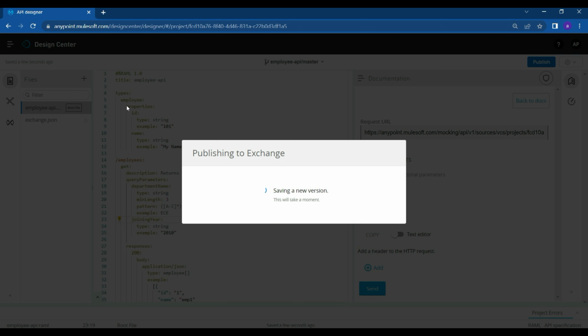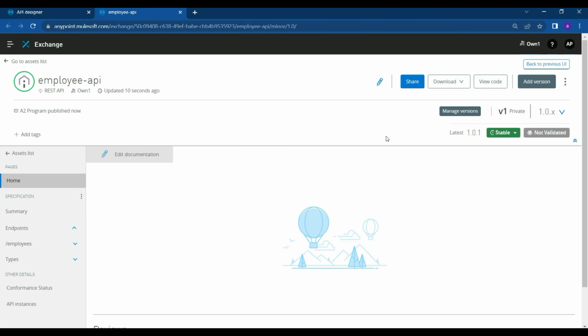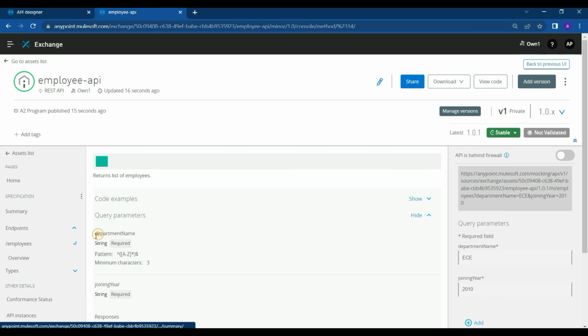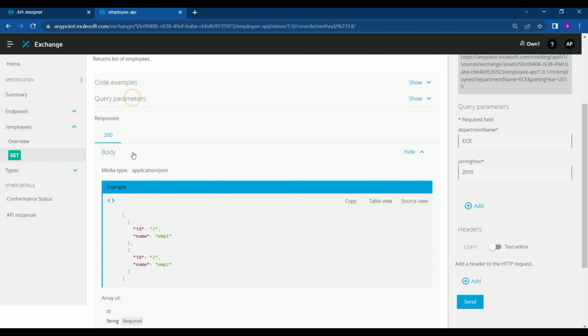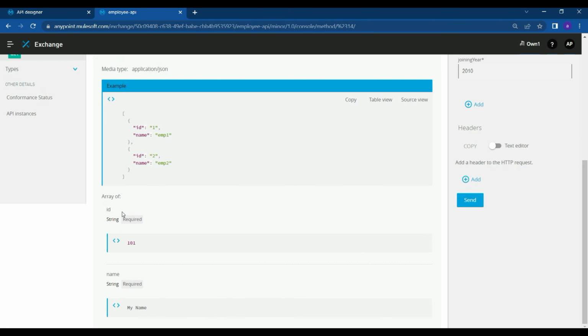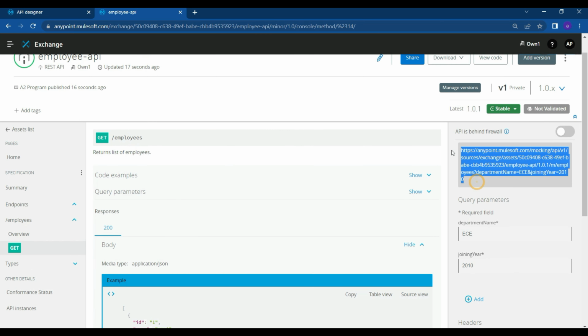Once the API is published to Anypoint Exchange, the API portal will be created for it so that other developers or API consumers can understand more about the API, the behavior of the API and the inputs and output of the API. So now the API is published to Exchange. We are currently in the Exchange, the API portal. We can see that we have a get employee where we have query parameters and response. And here